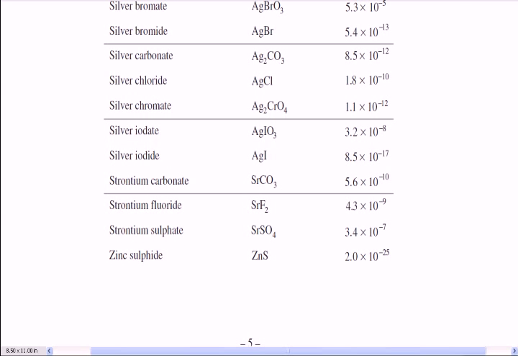Now zinc is also very low, times 10 to the minus 25. However, it's not quite as low as the copper one. So copper has a much, much smaller Ksp value. And if it has such a small Ksp value,